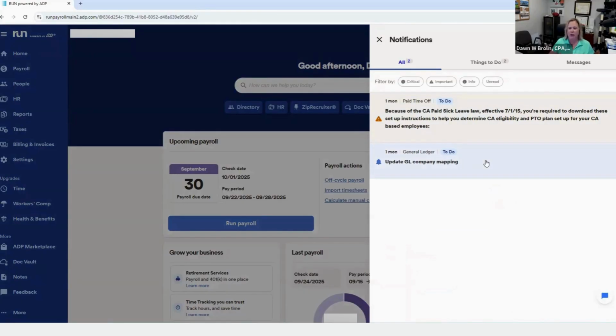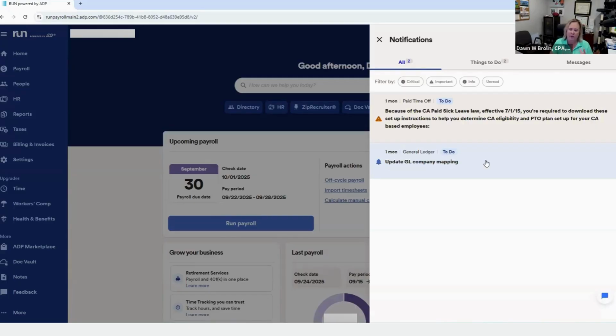And I just want to mention GL company mapping. What does that mean? That's general ledger. What happens is you can connect your ADP account, your Run platform account, to your accounting software. That way, once you process payroll, the journal entries that need to be entered into your accounting software are going to happen for you, potentially automatically.